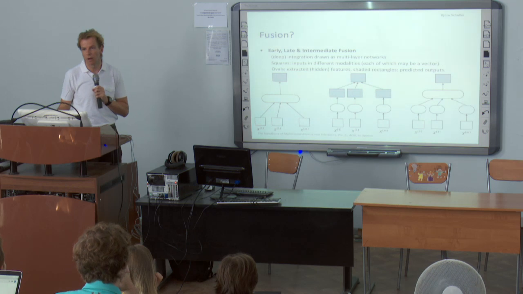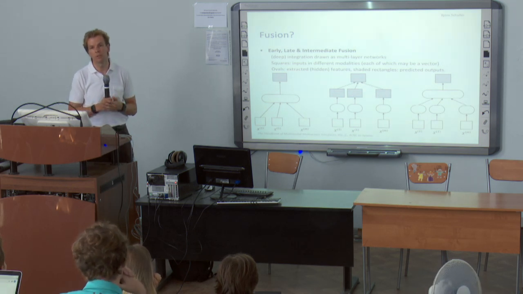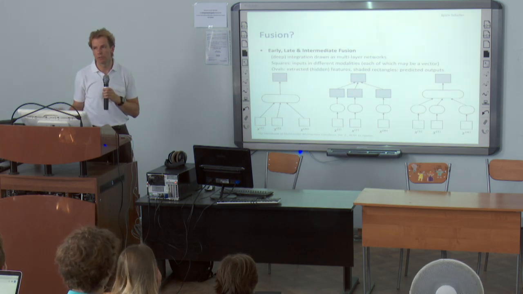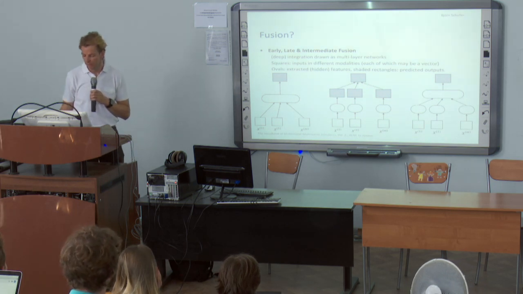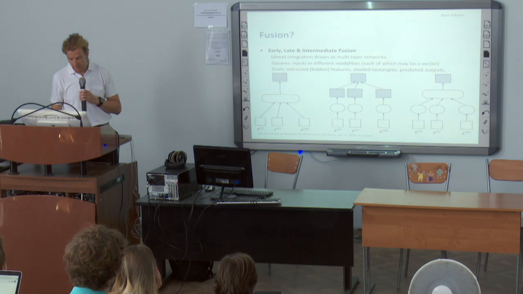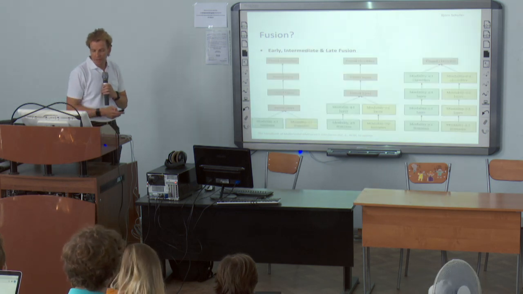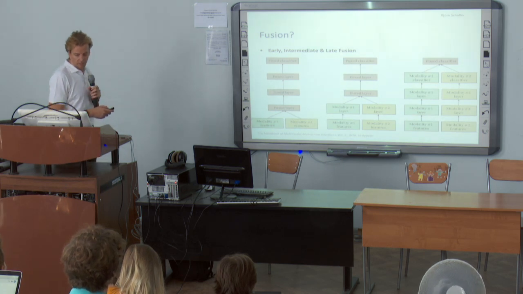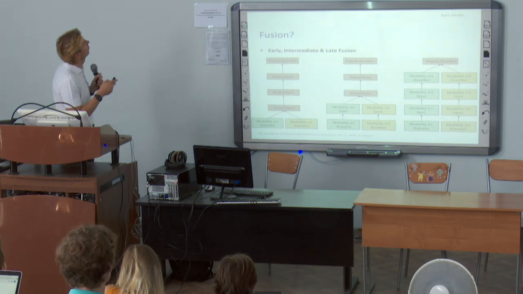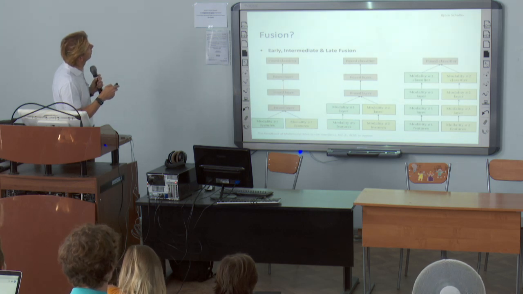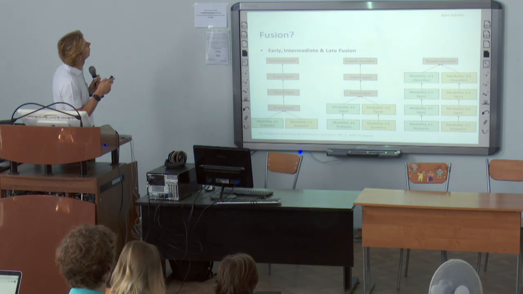For example, rather late is when you do some pre-decisions but keep your scores as set. Some earlier would be that you extract individual features uncoupled from each other and then make another shared layer in your network, for example. So if you're looking at this from a neural network point of view, you would have your early fusion here by having the features from modality 1 and 2 and then have fused layers throughout until you have a final